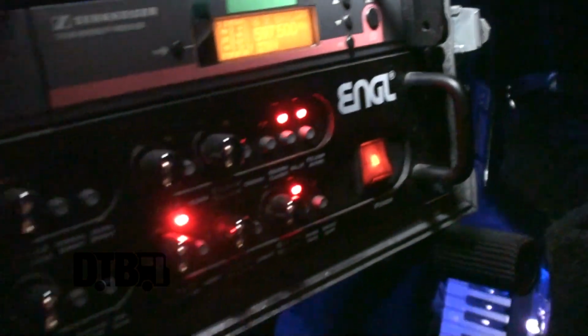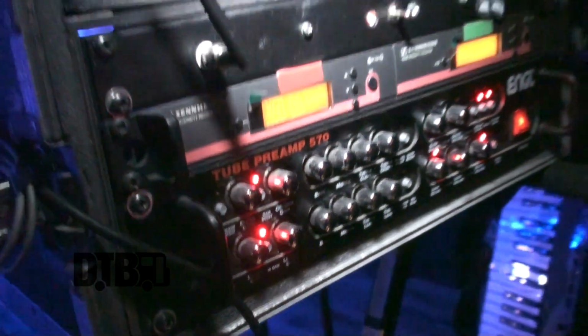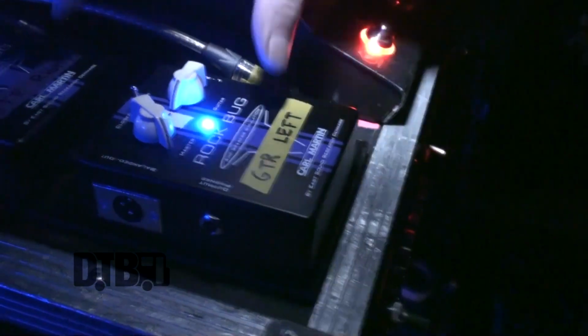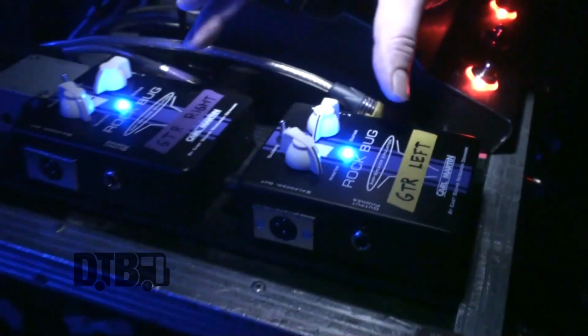Hello, I'm Elias from Sonata Arctica, and we are here in Chicago, and I want to show you my stuff. Basically, for this tour I have no amplifier or cabinet, so I'm using this Engl preamp 570, and these Carl Martin amp speaker simulators. I have two, they're like stereo, and